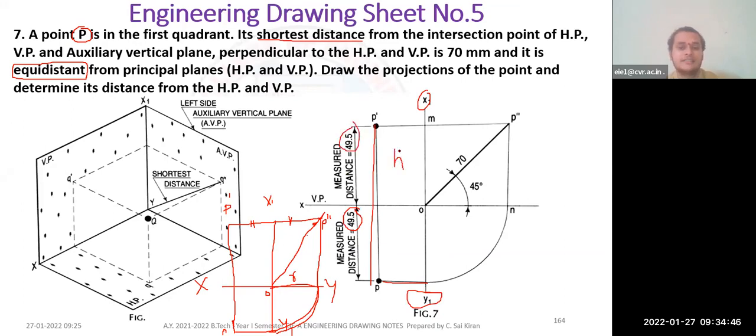your H distance. Your H distance is 49.5 mm and your D distance is also 49.5 mm, because in the problem they already told that it is in the first quadrant. Whenever it is in the first quadrant, H is positive. Whenever H is positive, it will be above the XY line. Whenever D is positive, it will be below